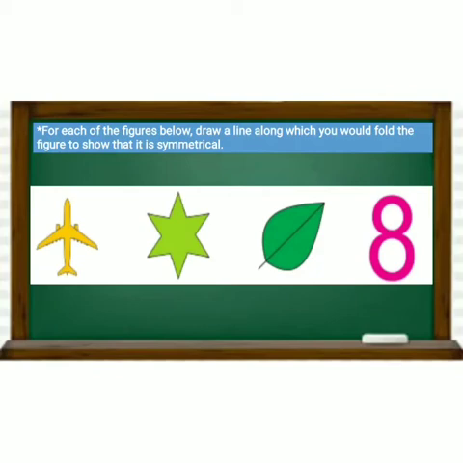Now in this picture, if we draw a line horizontally, then this figure is not symmetrical. But if we draw the line vertically this way, then it is a symmetrical figure. In the next picture, four ways you can draw the lines, and according to the line, this figure is symmetrical.